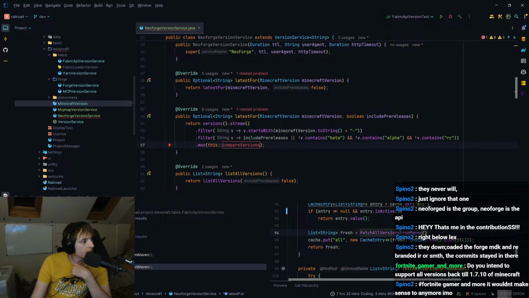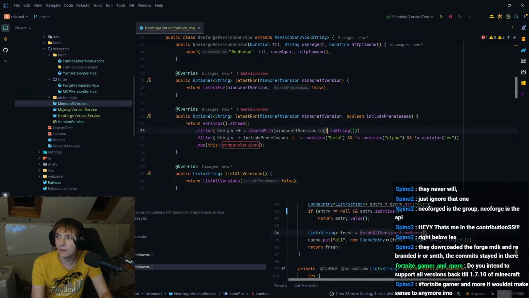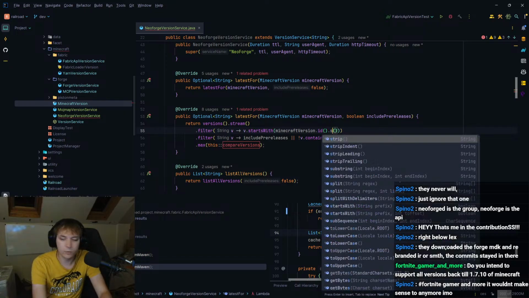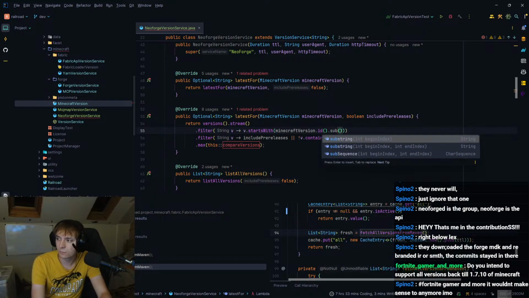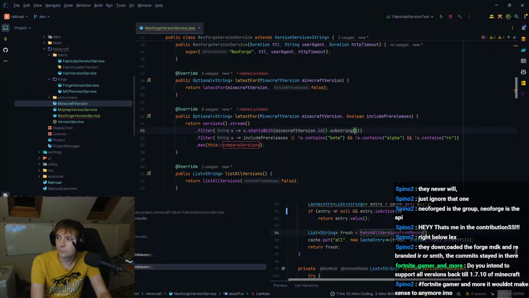That's correct. Yeah, but it might not start with a dash. And it also won't have a Minecraft version, so it'll be .id. And we want to substring 2 because we want to remove the 1 dot. Yeah, thank you, Copilot.